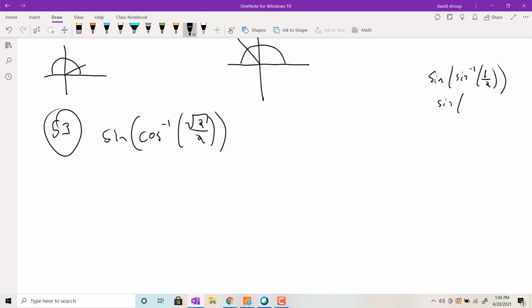Okay, so sine inverse of 1/2 would be pi over 6, and then evaluate sine of pi over 6, which would be, of course, 1/2. Some people like to just jump here, but you could get screwed up if you had to do sine of sine inverse of, say, well, the other way around, right? So if you had sine inverse of sine of, let's say,